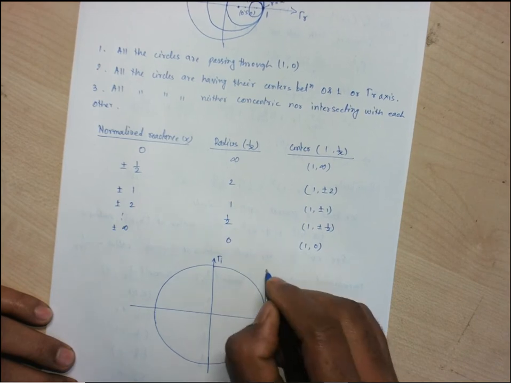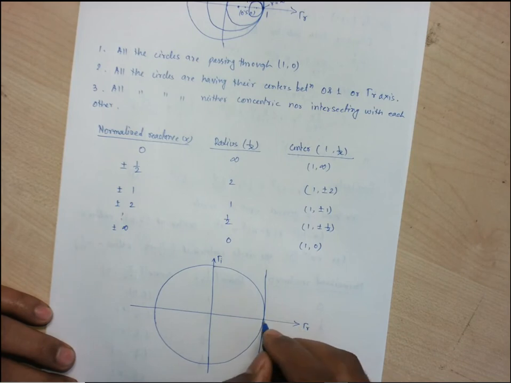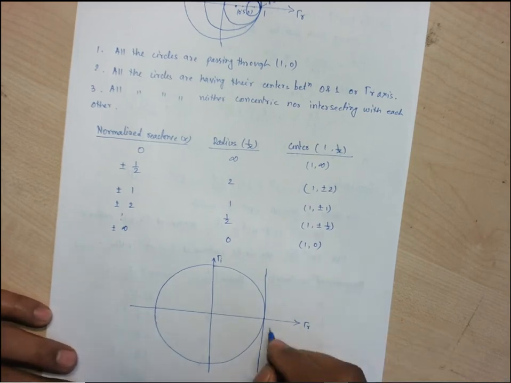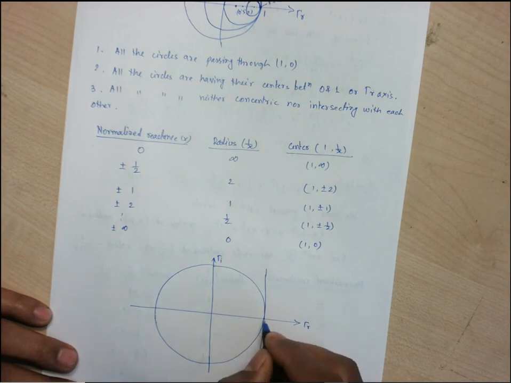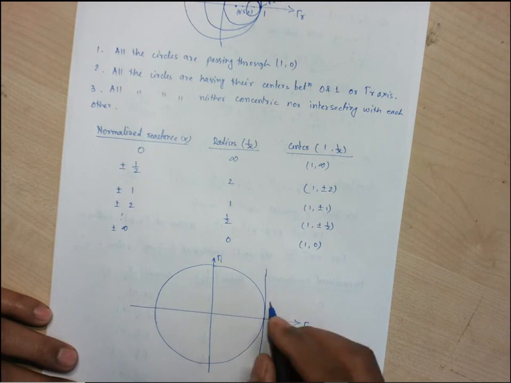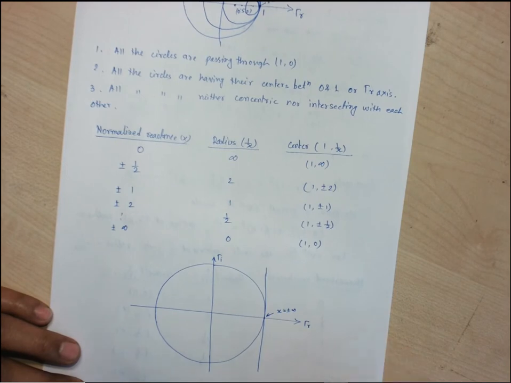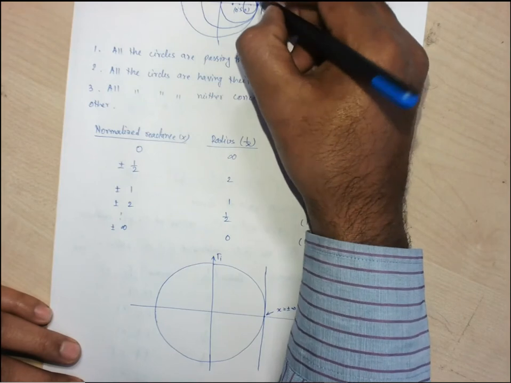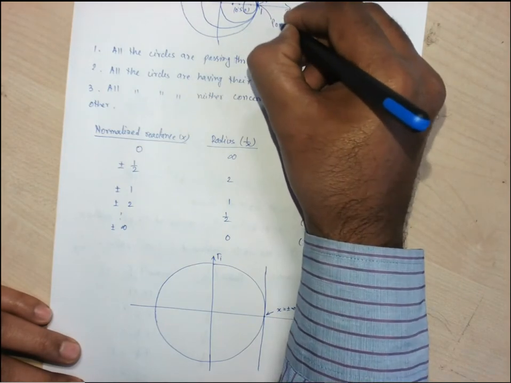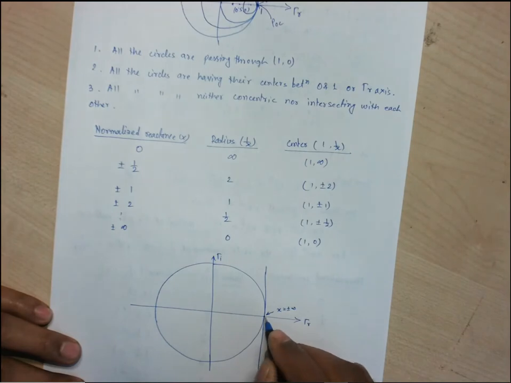this is the gamma r axis. So the first point has the center at 1 comma 0, this point. It has reactance infinite and radius of 0. So we can say this value has reactance equal to plus minus infinite. Why I am writing plus minus infinite also has certain significance. This point, reactance infinite, means we can say it is the open circuit point, POC. Same here also, we have found it is the open circuit point.